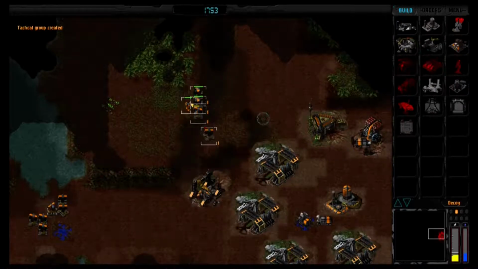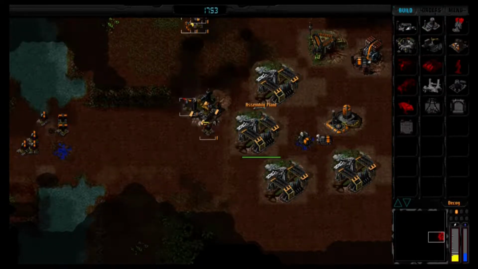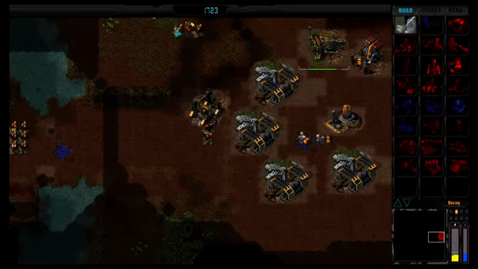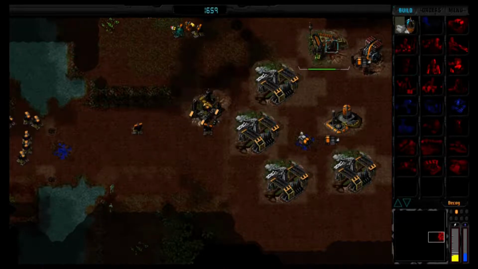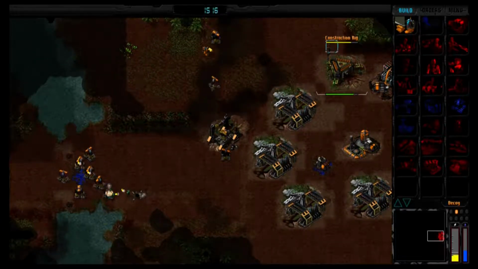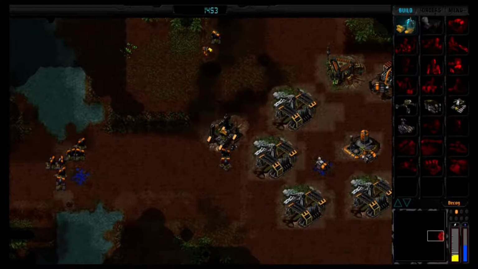Okay. Oh, my construction rig got killed. Ugh. Enemy engaged. Right, fine. I may have to upgrade my HQ at some point. But that means building an infantry facility, and that wasn't part of the plan, so maybe not. Actually, unit completed. Okay, so let's...